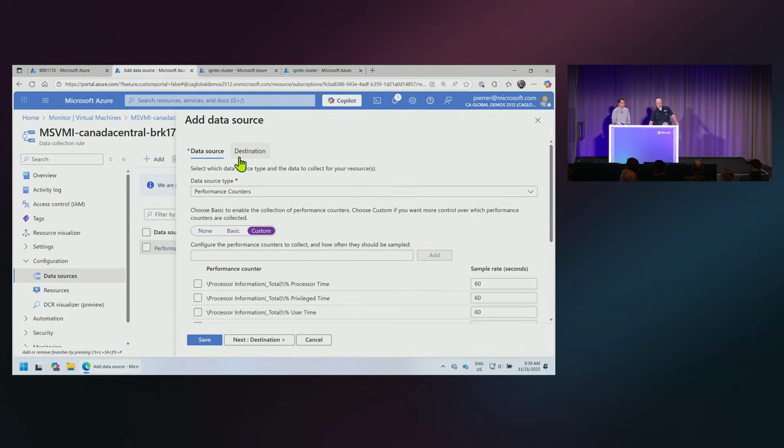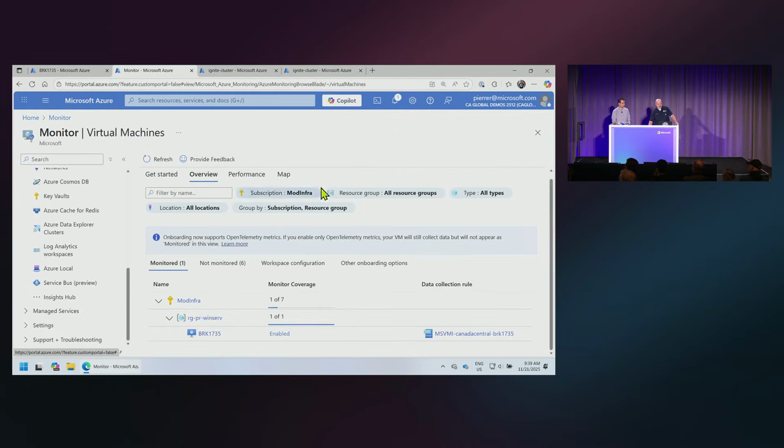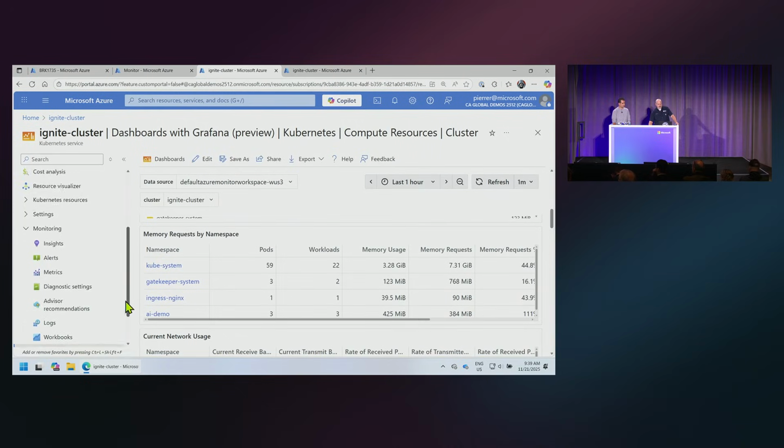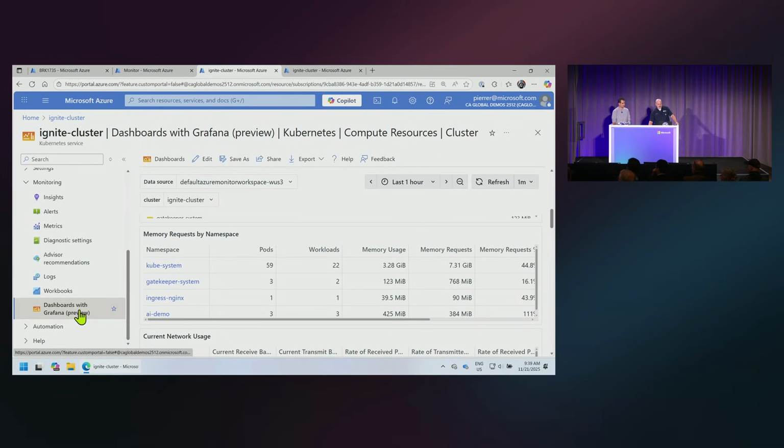So our day 2 management or our day 2 DevOps are the same. So I'm going to turn that off, go back to my virtual machine. And in here, we have the same thing for Kubernetes, but we have it in the dashboard and the Prometheus to collect all of that data.